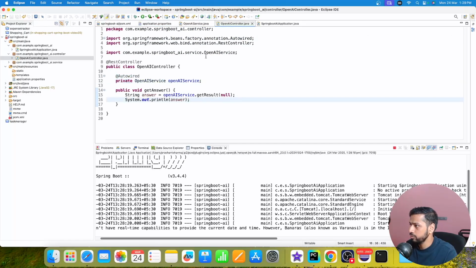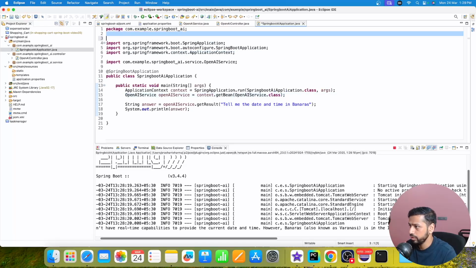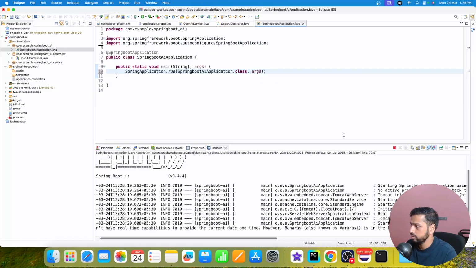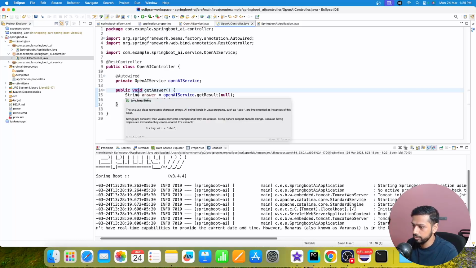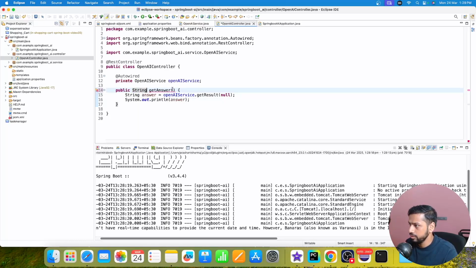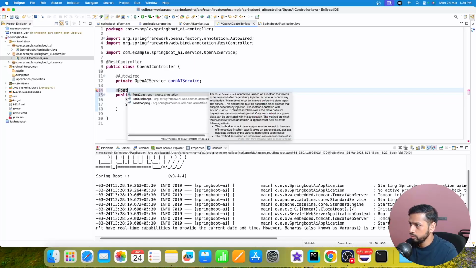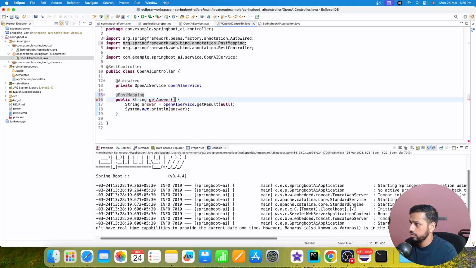Now we are getting the response back, so let's revert all the changes from here. Alright, so stop this application, save this. This was the default class, so we are going with that. Now I'm going to go with a Postman request, so that's why I'm going with the REST controller here. This is going to return me a string, and I need a POJO class as well. So first let's annotate this with post mapping, and this is going to be question,